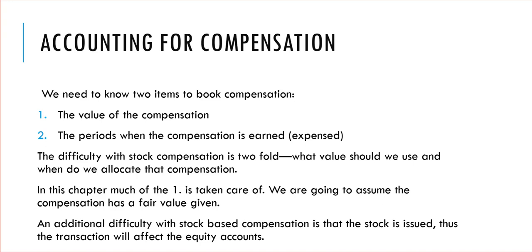So we need to figure out what is the value of that compensation, and then we need to allocate it to the time periods. Now, the value of the compensation is not going to be so difficult because we have the fair value of the stock to use, or we have the fair value of the option to use. It's only a matter of the time. Be sure you get the right time when you make the valuation. The other thing we have to do, though, is to spread it over the period of time in between the grant date and what we call the vested date.